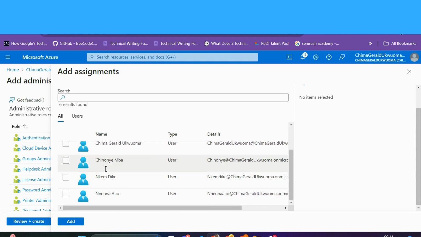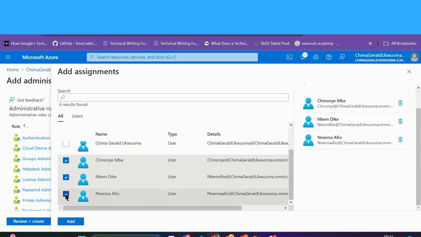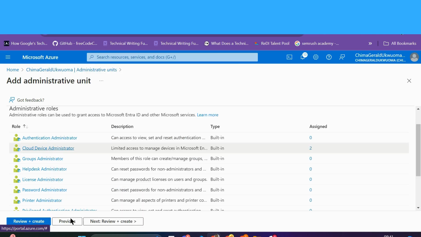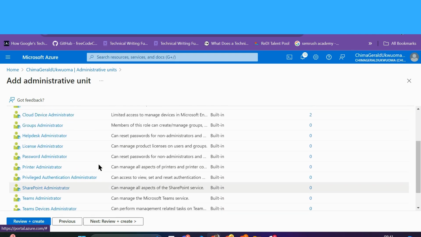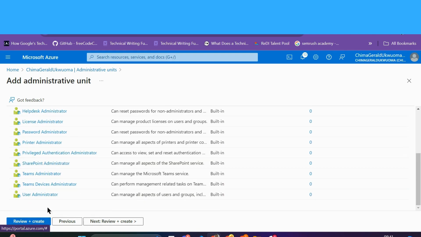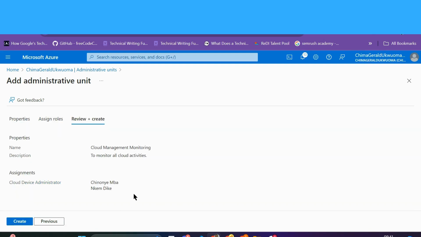Now, let me add this, this, and this as a user. Or I can decide to add two. I've added two people on the administrative unit. I'll review and create. Now, this is the name of the